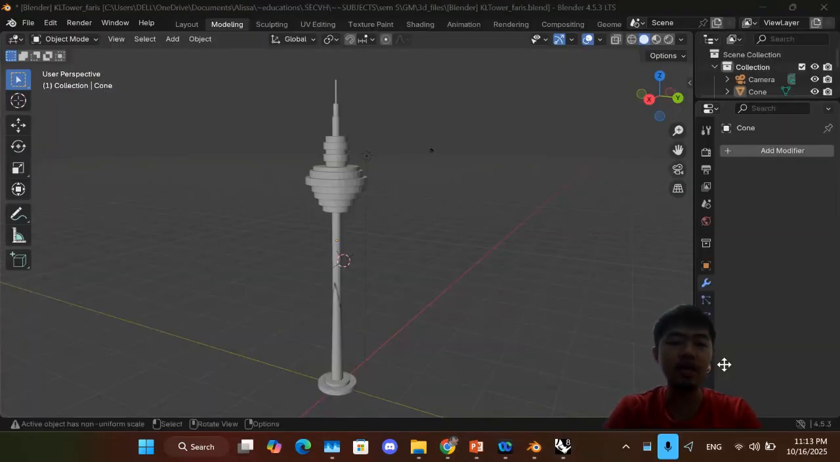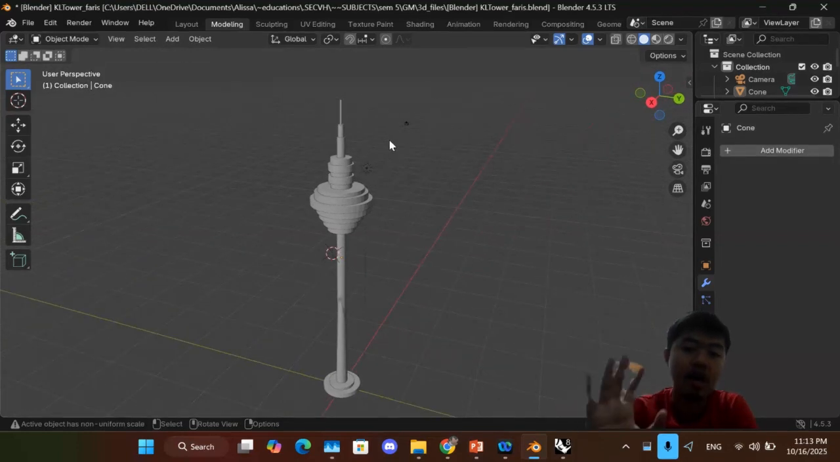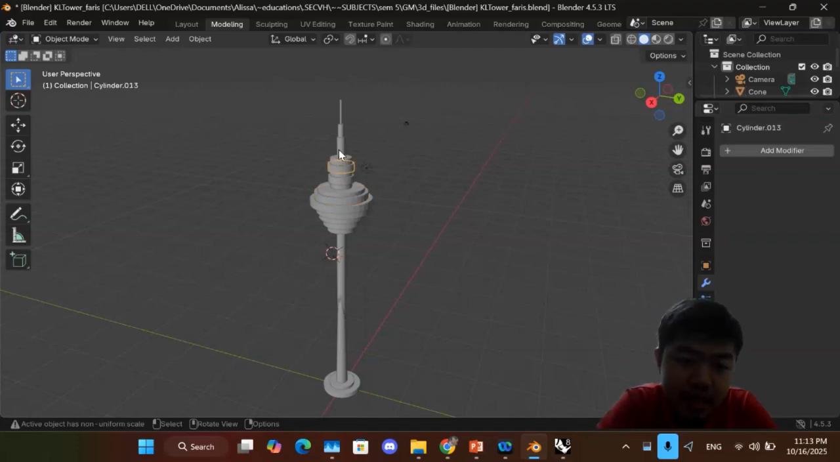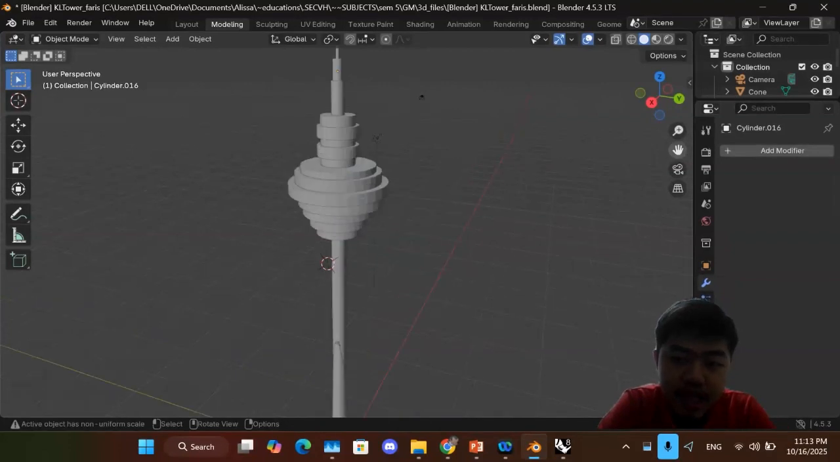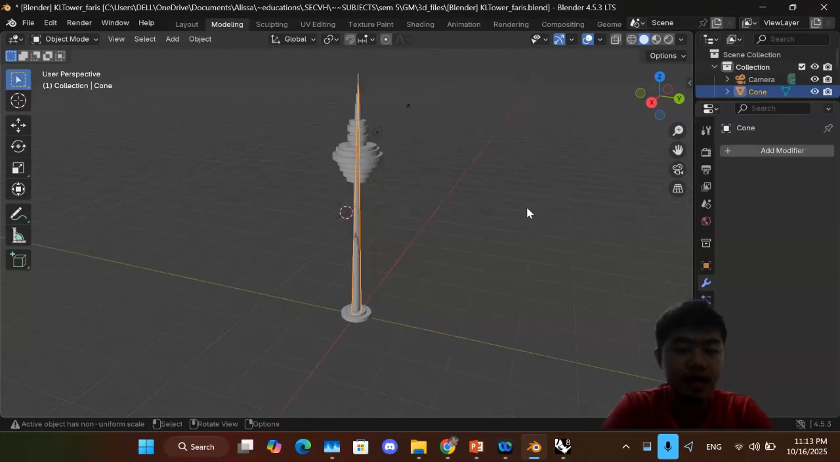So here is the Kuala Lumpur Tower that I made in Blender. As you can see, this model consists of several cylinders, as you can see here, cylinders. And then there's additionally a shape of cone down here for the primitives. So for the Blender, I decided to use cylinders and cone shapes in order for me to recreate the KL